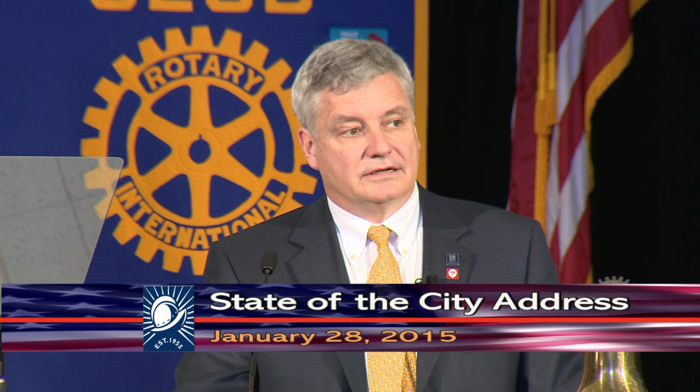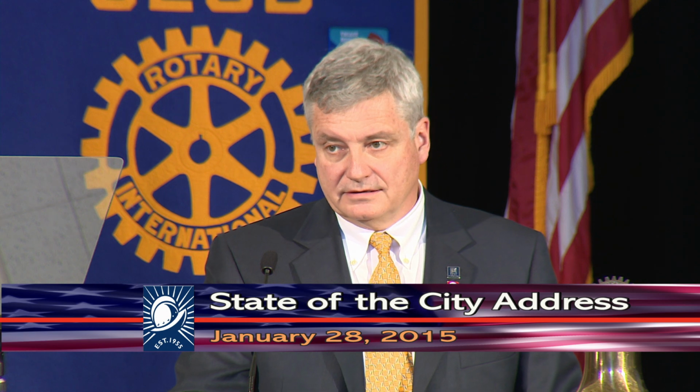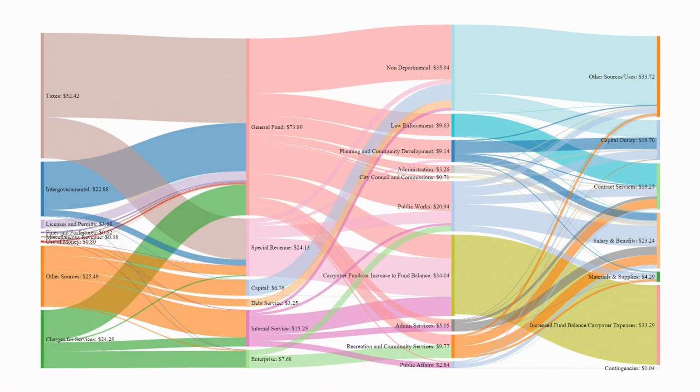Well, here in Cupertino, in the past 2 years, we've worked to make the city budget more transparent. For example, by producing a chart like this, a Sankey chart, that helps visualize where our money comes from and where it goes, with a breakdown of revenue by sources and expenditures by type, showing how it flows through our funds and departments. With this chart, we can readily spot, for example, large flows going to capital projects and carryovers